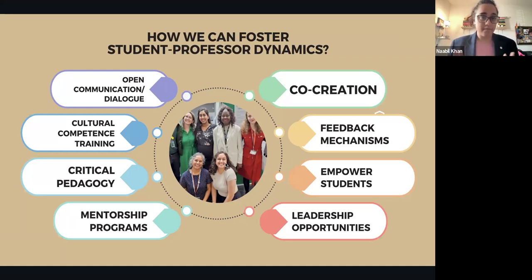Then critical pedagogy. When we're talking about this, I refer to the curriculum that was carried out by Dr. Maisha Reza within the medical sciences degree, and unfortunately is not present within the medical degree. But this is about questioning current structures and questioning current systems in place when it comes to medicine and health. And I think it's so, so important that you have students that do question things and don't just take things at face value. It fosters that critical thinking, an open mindset, and a mindset that really wants to make a change within the university, but then also society wide. And you're creating students that are real change makers.